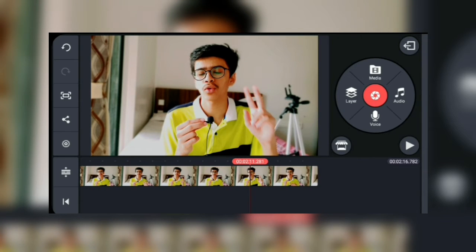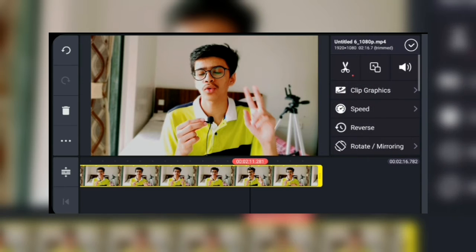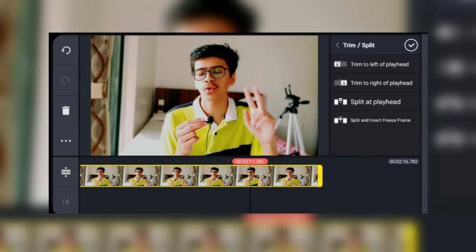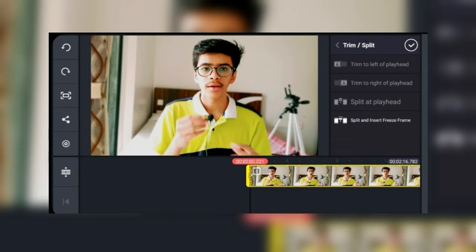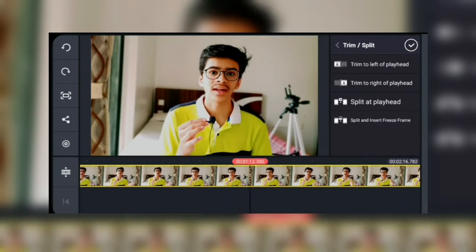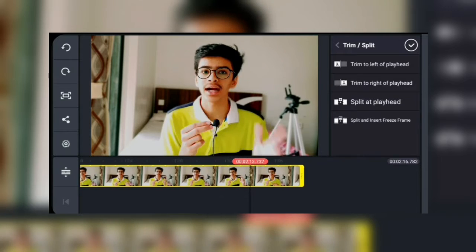And yeah guys, now I'm going to show you another related tip or trick to splitting your videos. For example, if you are splitting the right side of your video and by mistake you click the trim left side, the whole left side of the video will get trimmed. So don't get baffled, you simply need to click on this option, and as you click over it, your whole video clip will be back. So yeah, you do not need to take tension of it.